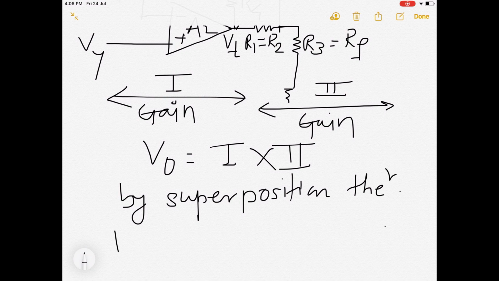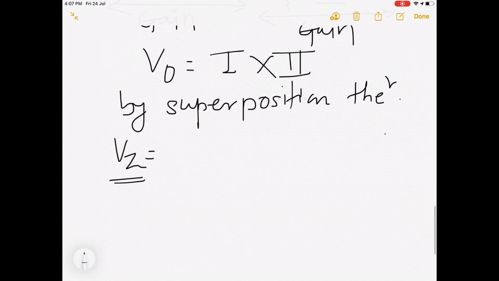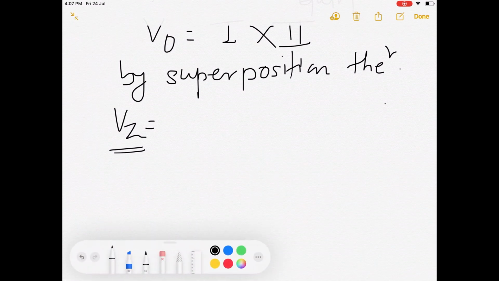So, for this theorem we have to keep one source grounded and calculate the output. Again, whatever you have grounded, make it an input, keep the other one grounded and calculate the output. So, by the combination of these two voltages, your output Vz is obtained. So, for calculation of Vz, I will break this circuit into two diagrams so that you will understand it properly. So, suppose I am using this color for the first calculation of Vz, okay, and then we will calculate Vt.